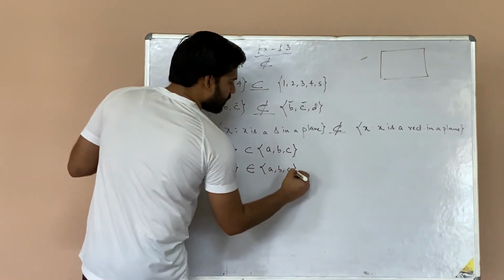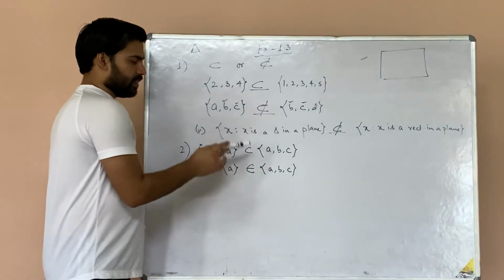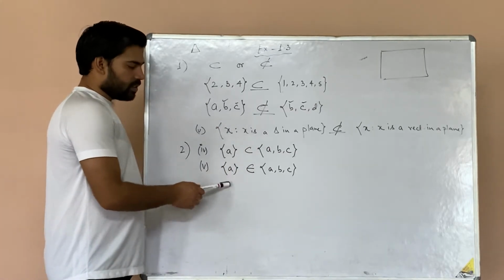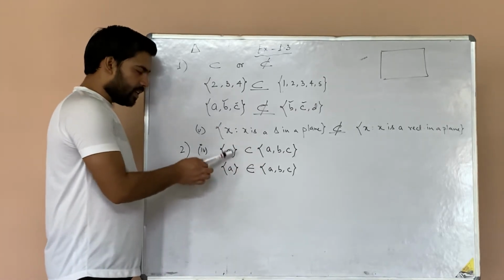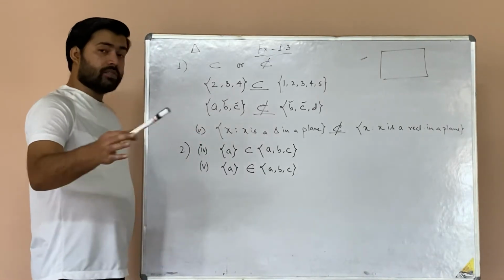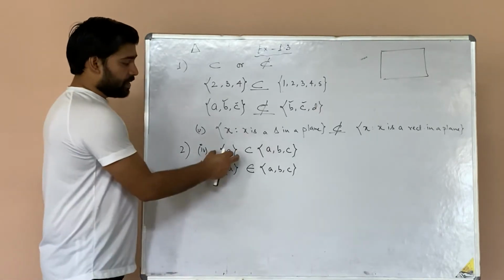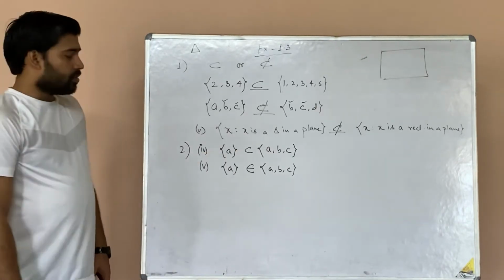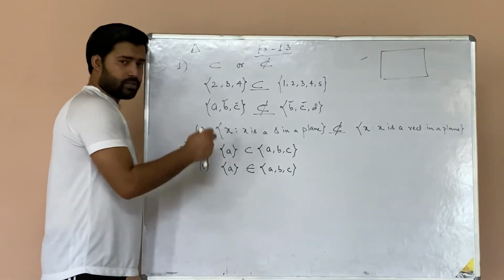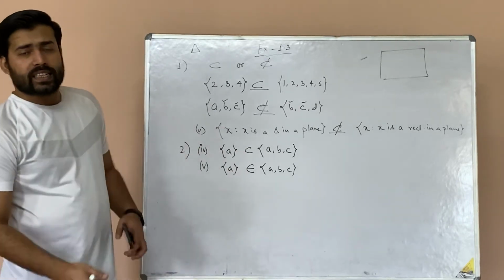Now here you need to understand which of the signs is correct. Is this correct or this correct? First of all, try to see that this is the same thing, this is also the same thing. On the left side we are given a set. How can you say we are given a set? Because the thing is being contained inside these curly braces. So this is a set, this is also a set. This is a set comprising a single term, known as a singleton set.